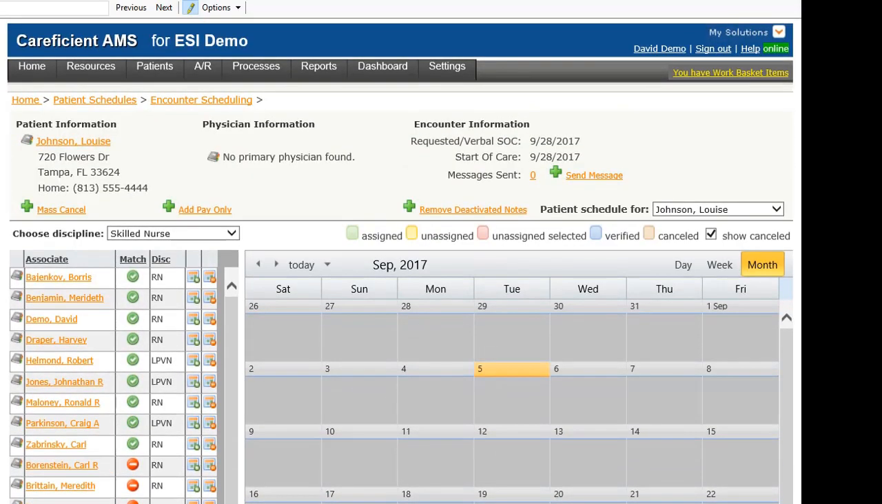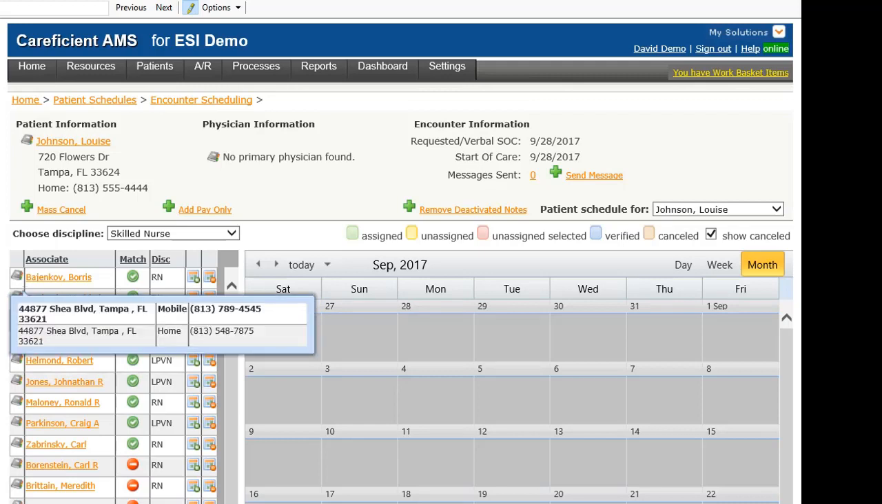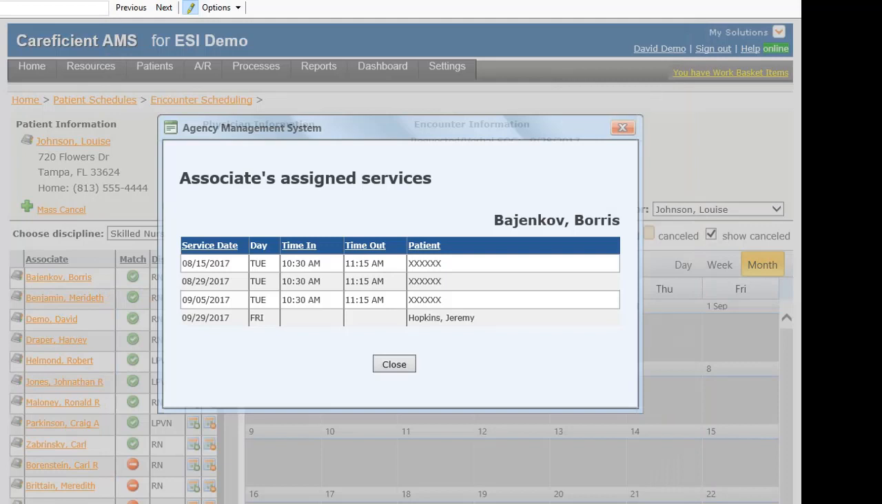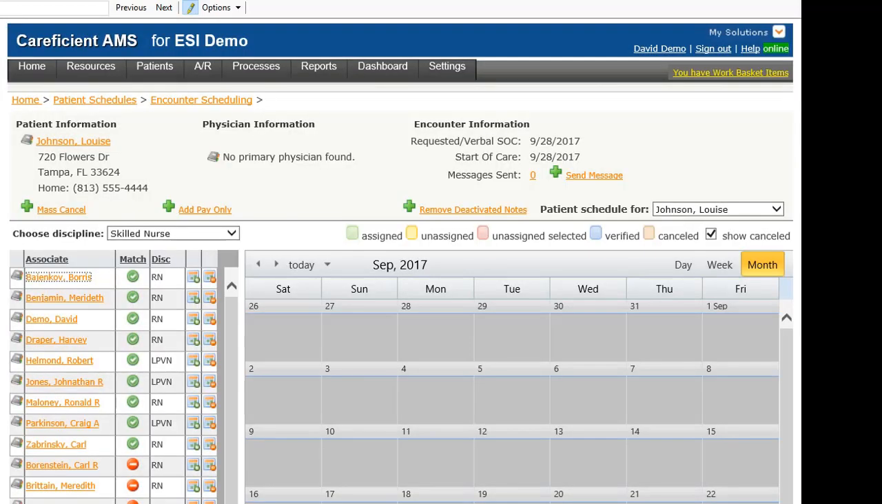Now, when you're working with associates, at the left side of the list, you have an address book. And when you hover over that address book, you'll see all the address and phone information that's available to them. Their name is also a link, so you can see their scheduled services to determine if you really should assign them to this patient. And if it's got a green bubble in it, it means that they're a good match